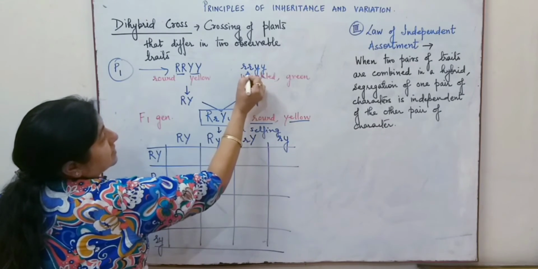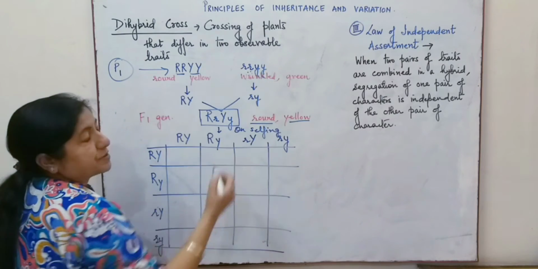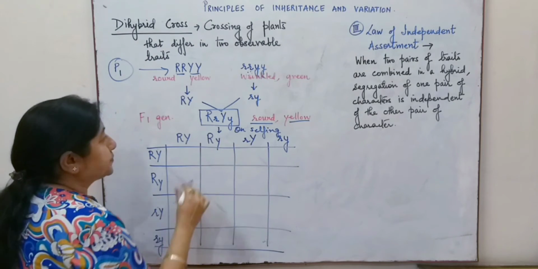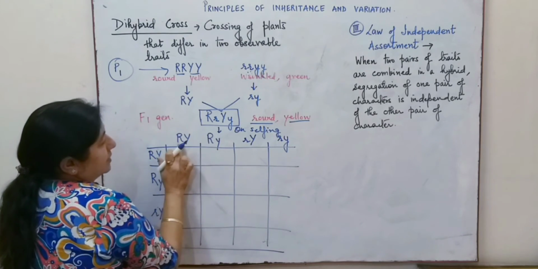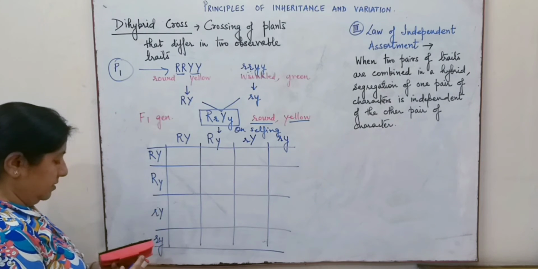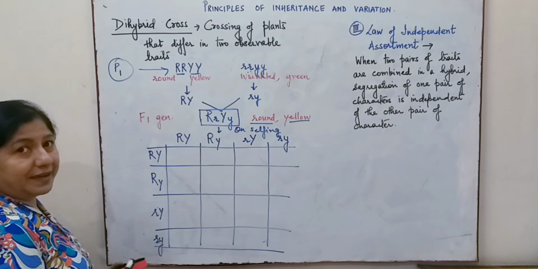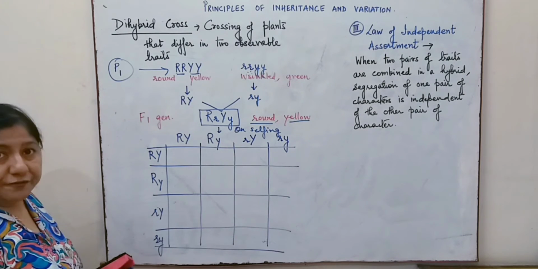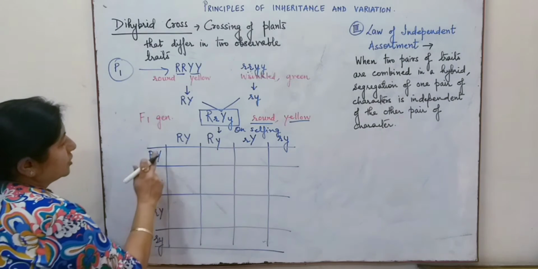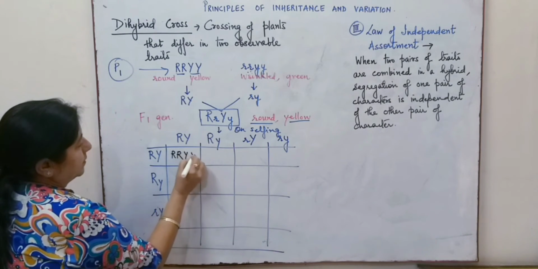Then wrinkled is small r, and this is again homozygous, and the green is represented by small y. So here the gametes are produced. Now let us prepare the checkerboard or the Punnett square, by which we can get an idea what the F2 generation will be like. So here, if we do it this way,